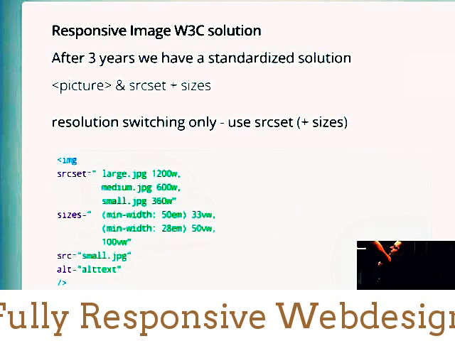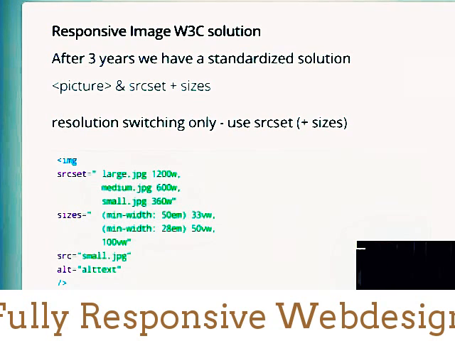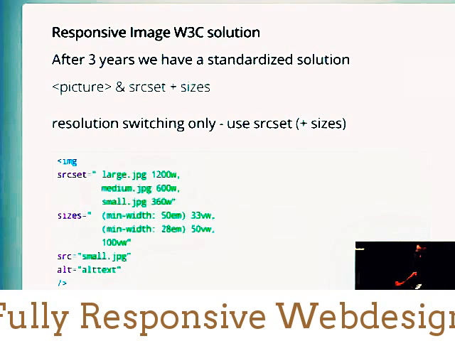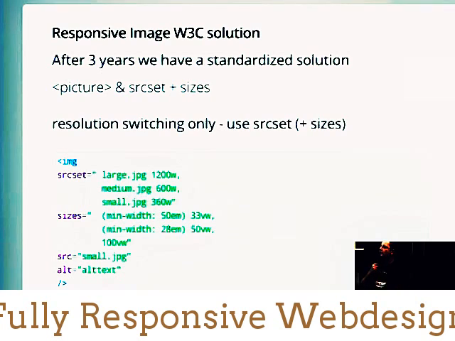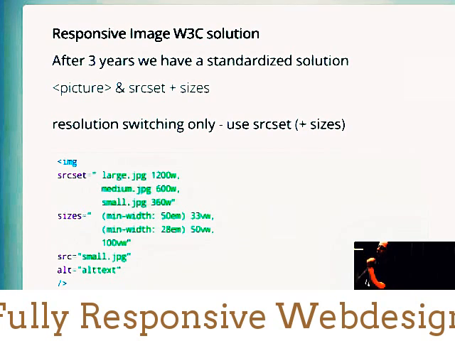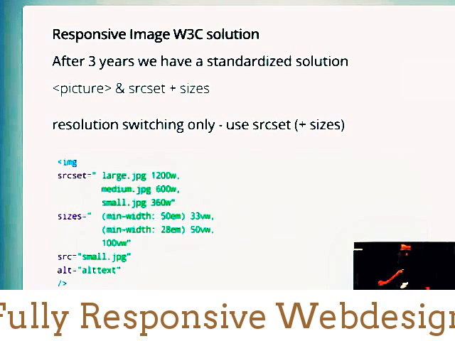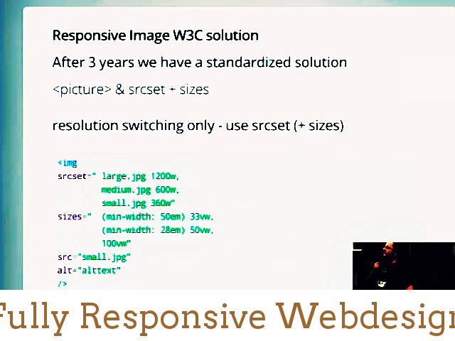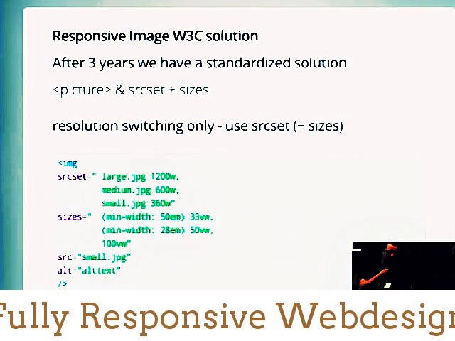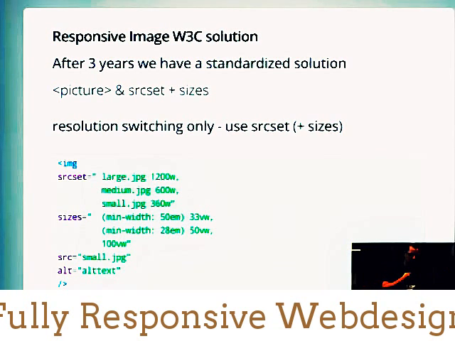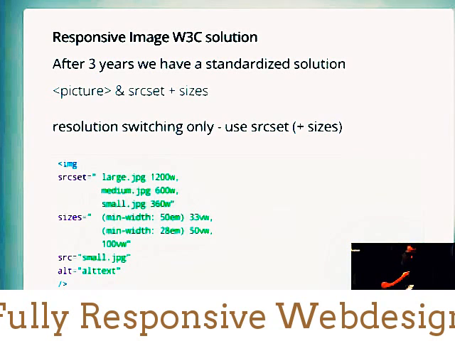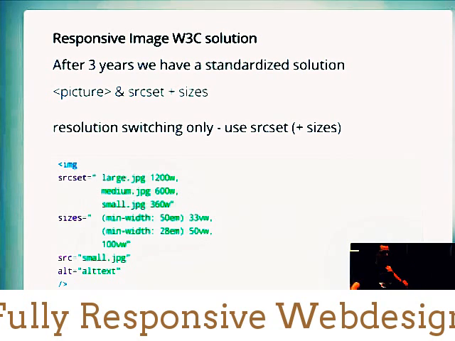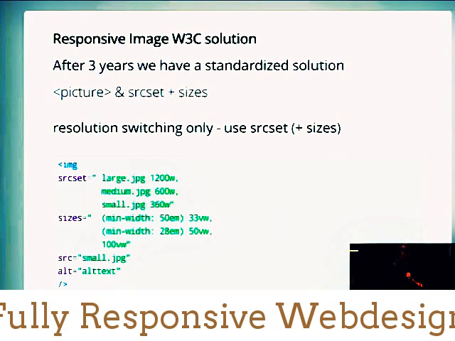You have the image, you see here the source is the smallest version as fallback for older browsers, and now we have a new attribute, the srcset attribute, where you can define several assets, the large, medium, small as example, and we have sizes, and sizes now define how large these images are shown. It's a little bit complicated and needs another hour to explain, but